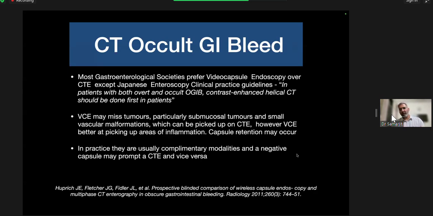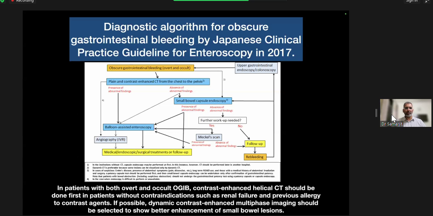And if you have a negative video capsule endoscope, CT enterography is done. And even if they have a positive one, unless they are absolutely sure of the diagnosis, they will do a CT to see what the lesion is looking like. Okay, so this is a diagnostic algorithm for obscure gastrointestinal bleeding